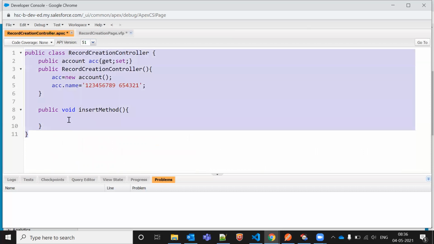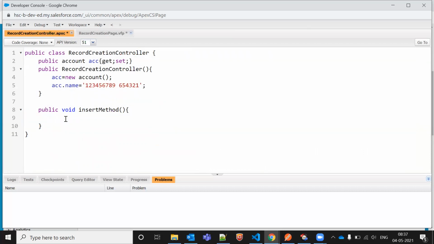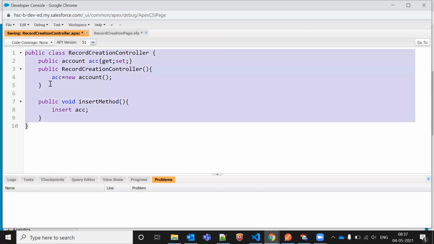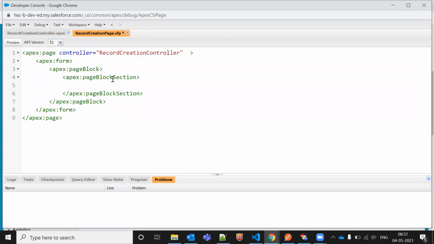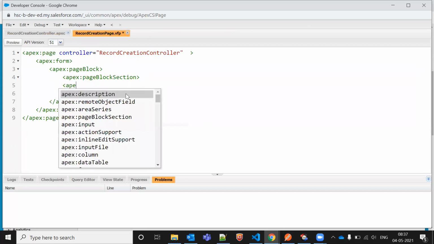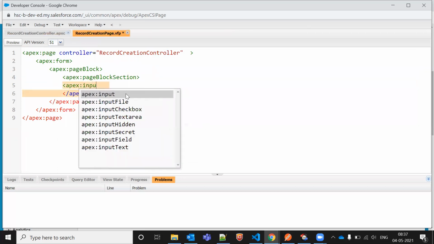In that scenario, what we will do is the insert ACC. I don't need to do any hard coding. For that, what will I do here? I'll go to ACC and I'll go to apex input field, not input text.